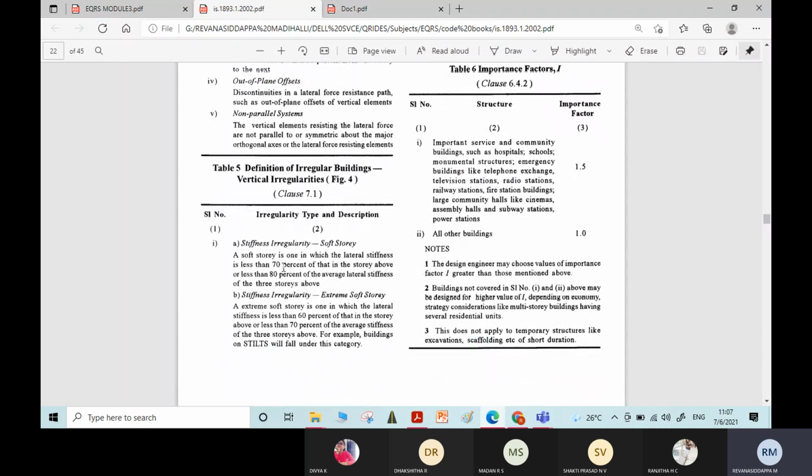And there is a condition given to consider a storey as a soft storey. You go through it. A soft storey is one in which the lateral stiffness is less than 70% of that of the storey above, and less than 80% of the average lateral stiffness of the three storeys above. See, if you have n number of floors,